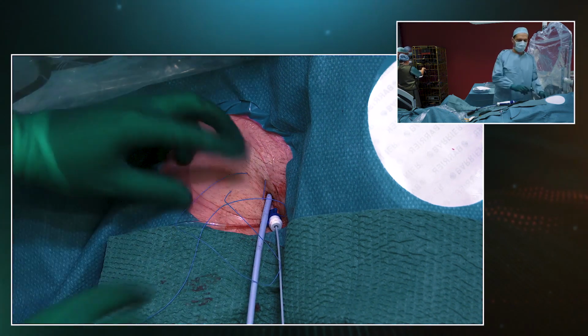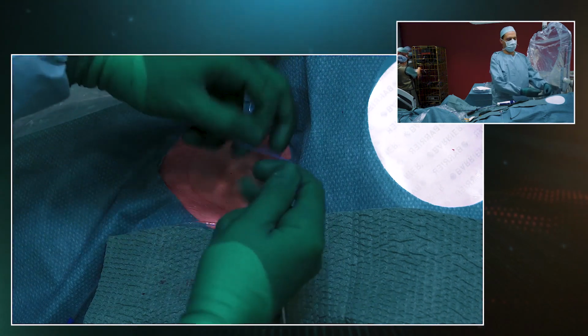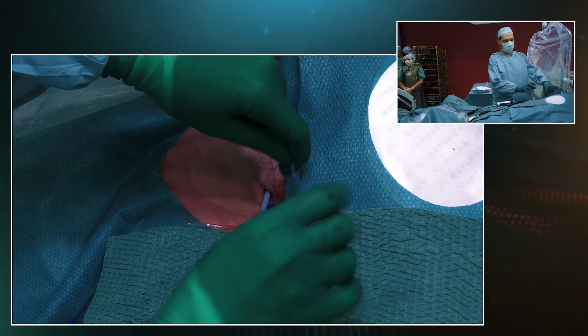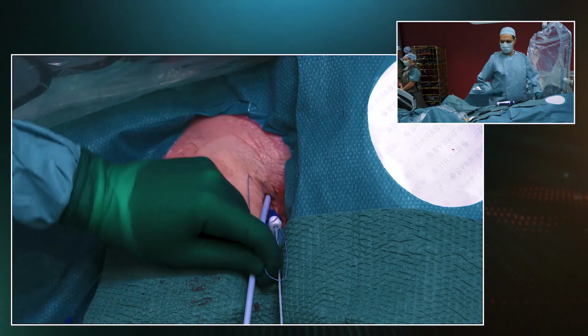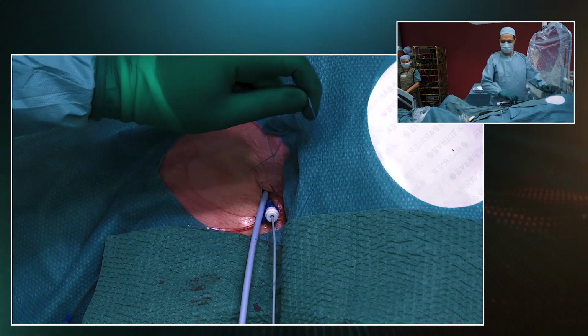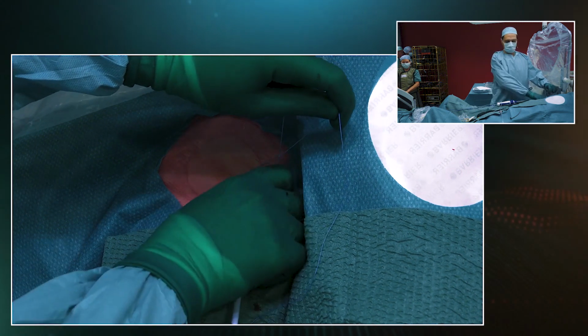So the idea behind this is, once I close this, I can use the skin, the subcutaneous layer, to exert pressure on the vessel. The vessel itself is not in the loop, but the skin above the vessel will be used as a form of compression to provide hemostasis, which is very, very simple, very cheap, and very efficient. I'll show you. So if I pull out,